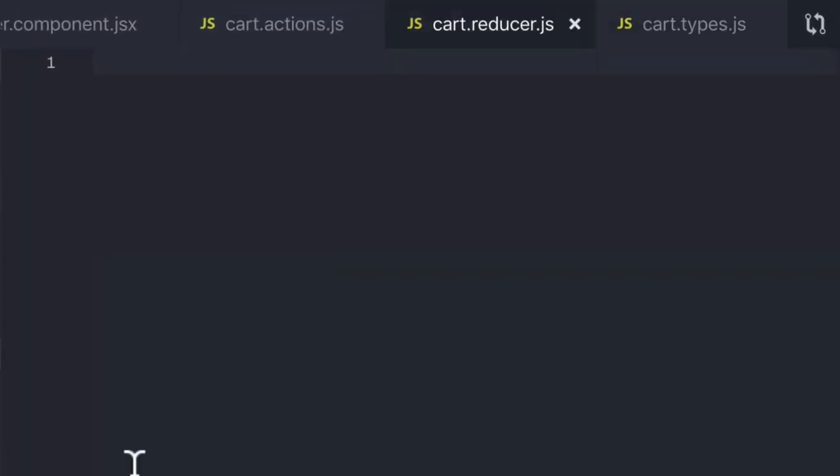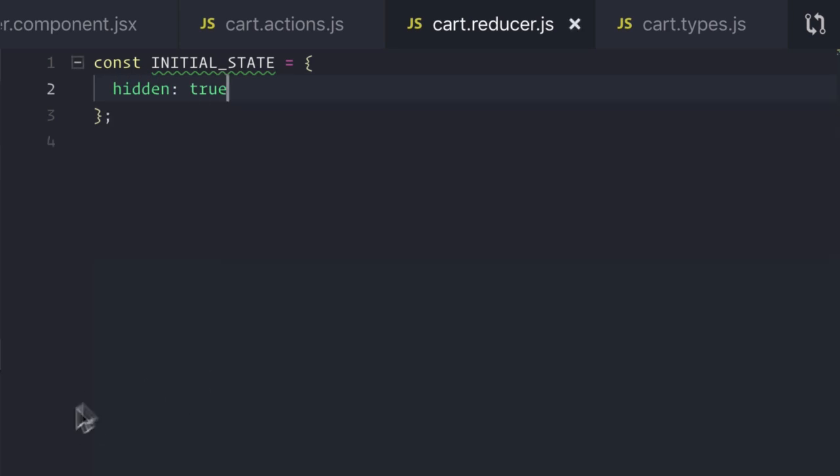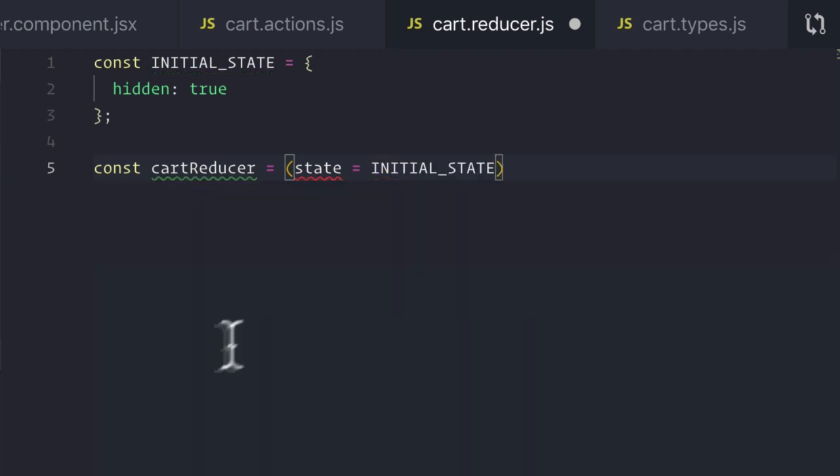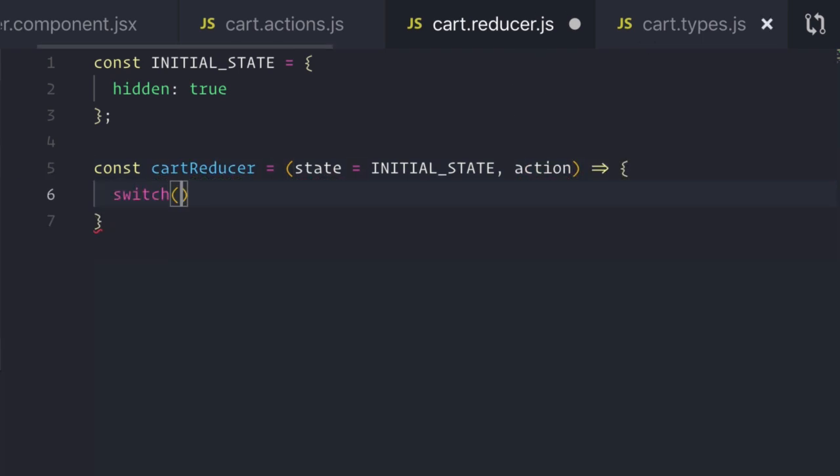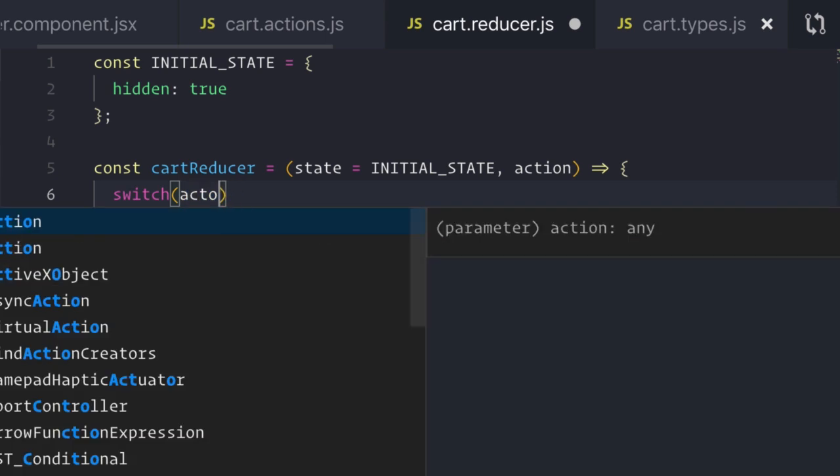Now, starting with our reducer, we know that we need an initial state where the hidden value is true, because we want to hide our dropdown when they first come to our website. Then we're going to have our cart reducer equal to a function where state is equal to our initial state if no value comes in, so a default value of initial state, and then our action. And using a switch statement on the action.type,